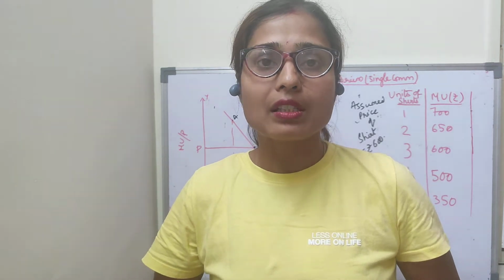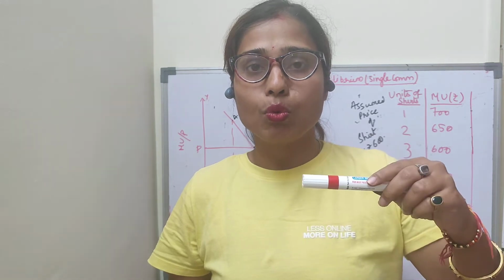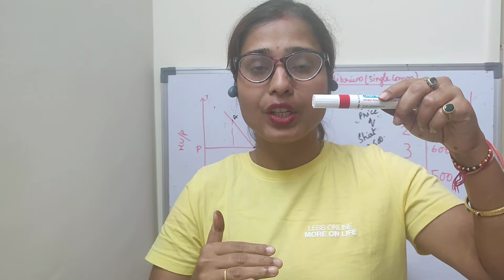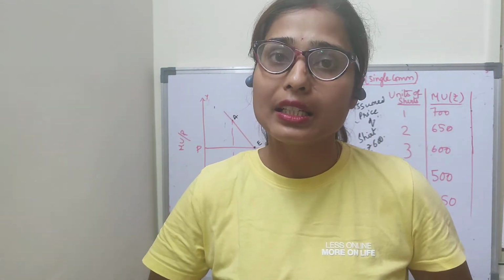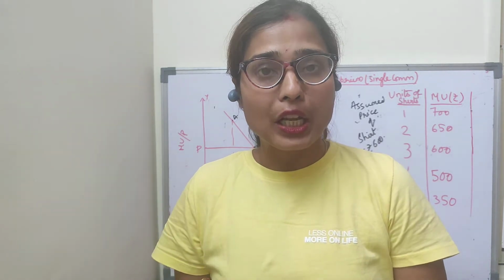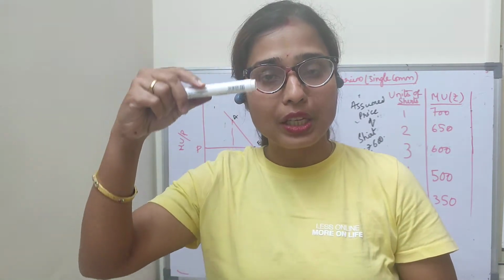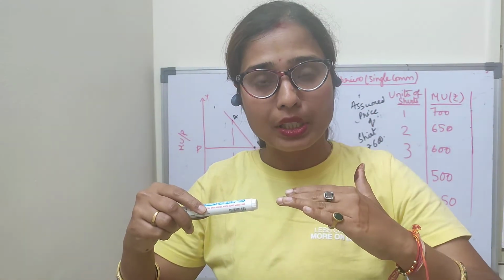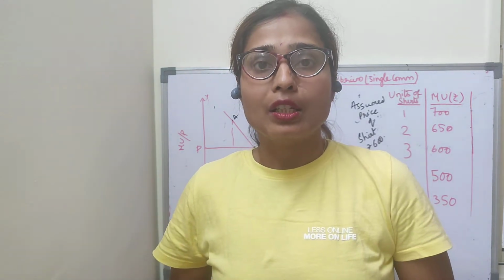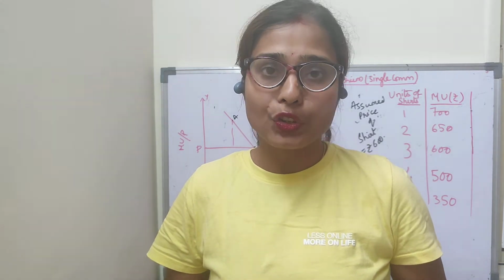Now in my previous class I gave you the example of mangoes. As more and more units of mangoes are consumed, marginal utility is diminishing and total utility is increasing only at a diminishing rate. Why? Because marginal utility implies addition to total utility. If marginal utility declines, the addition to total utility also declines. So, diminishing marginal utility shows that total utility is increasing only at a diminishing rate.